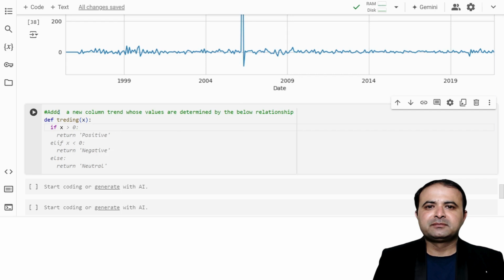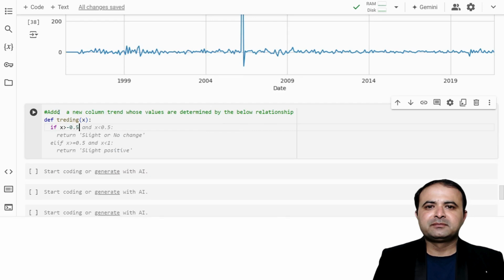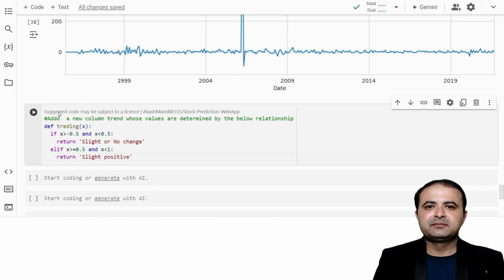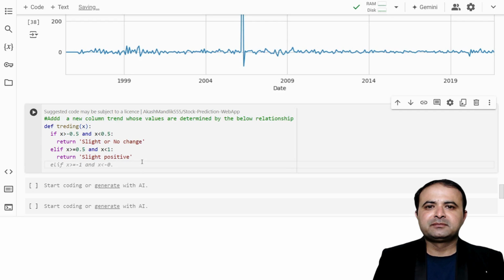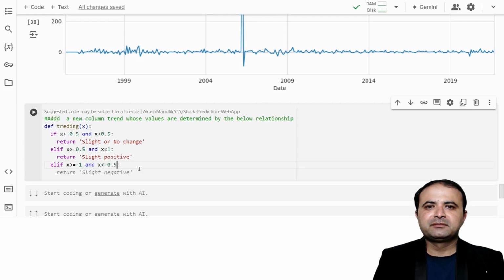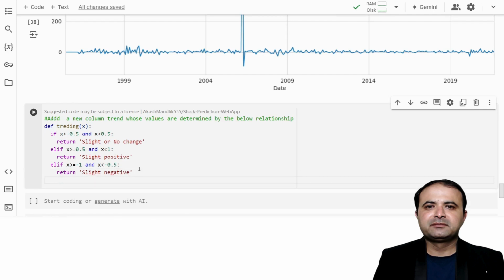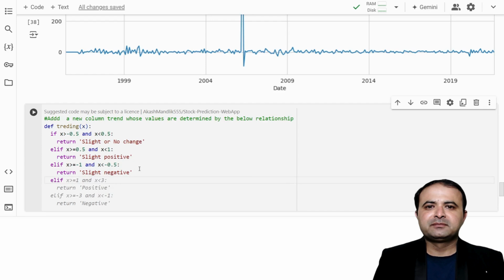If x greater than minus 0.5, so like slight no change, greater than this one, less than 1, like slight positive, else if minus 1 to 0.5, slight negative, then like 1 to 3 positive, minus 3 to 1 negative,